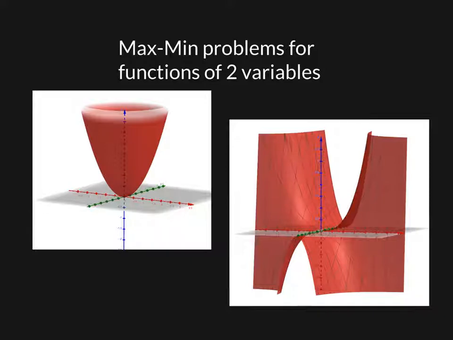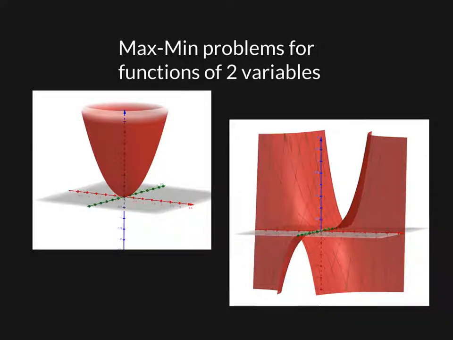I've got a couple of graphs here, and we're going to attack it in the same way, in that we're going to look for some first derivatives, some first partials, and find out where they're zero, and then use something equivalent to the second derivative test to look at concavity to determine if they're a minimum, a maximum, or a saddle point.